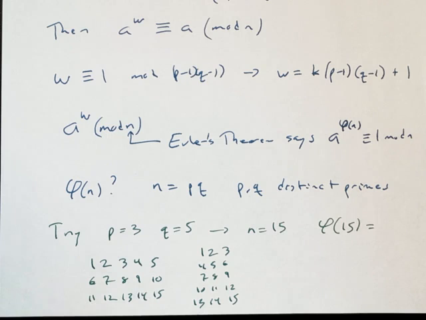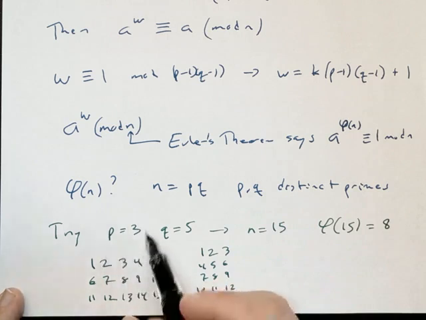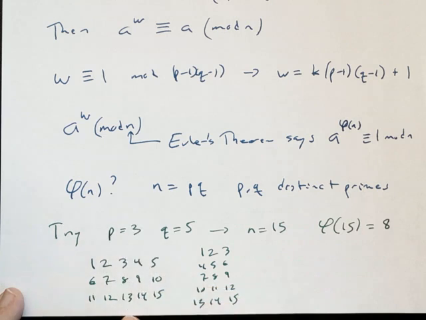Hey, wait a second. If I just think of this, and by the way, let's exclude 15 for the moment, because I know it's never going to be relatively prime, right? There are P minus 1 multiples of Q in this list. Sorry, Q minus 1 multiples of P in this list.